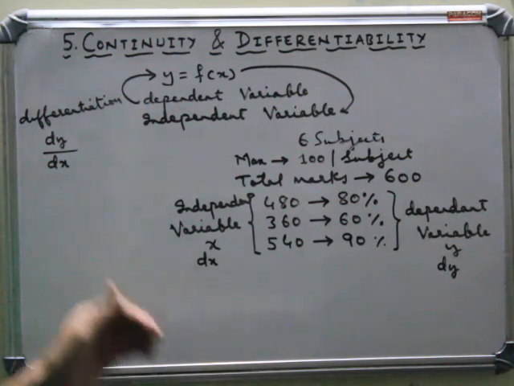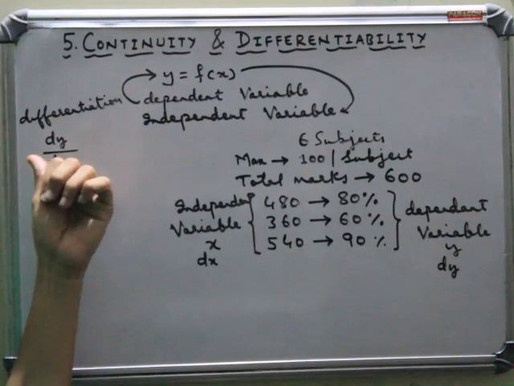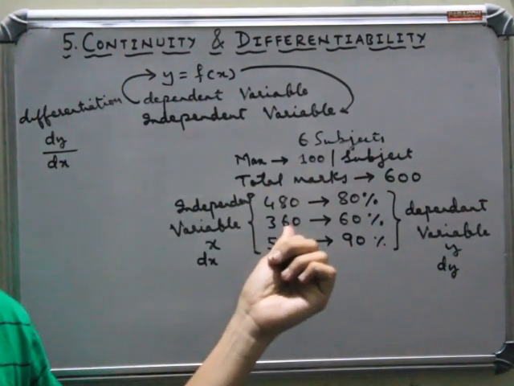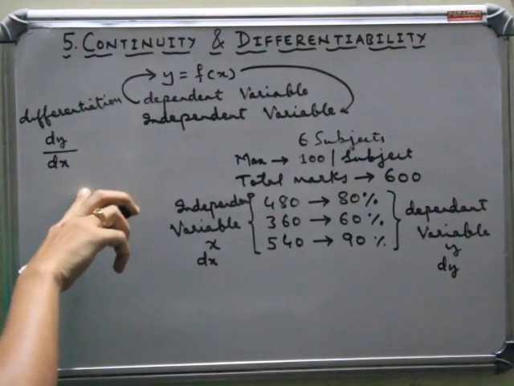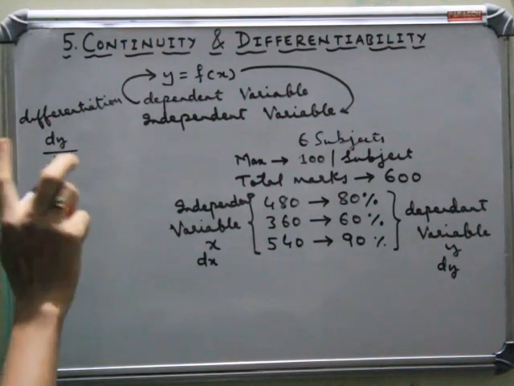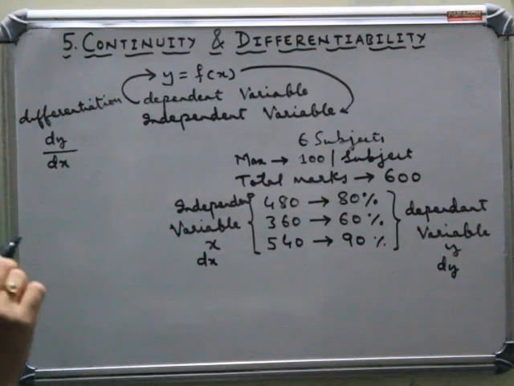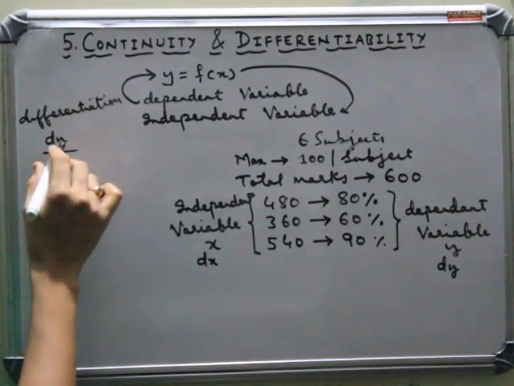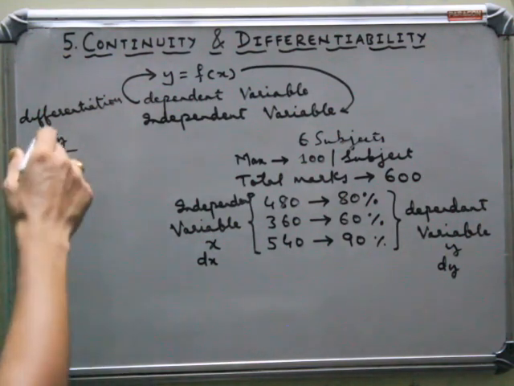Now here we have the mathematical representation of what I have explained here. This is the real time scenario. This is the mathematical explanation of differentiation. So dy by dx. We can also write it like this. Dy by dx represents differentiation or derivative of y with respect to x. So you might see in your textbook or in your exercise problems, find dy by dx. So this is what is dy by dx.